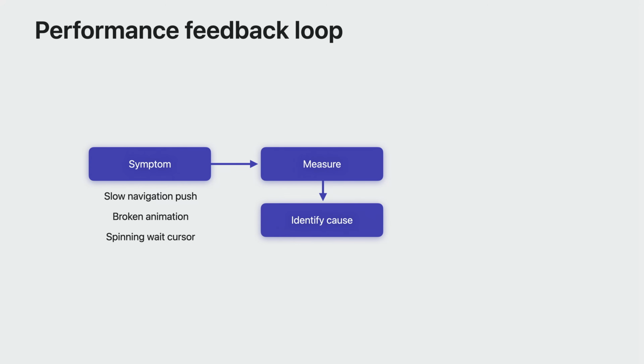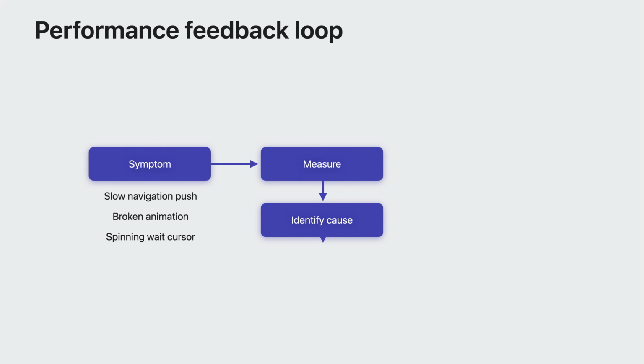This can often be one of the trickier phases of this loop, because it requires an intuition about how things are supposed to work. Bugs arise when your app has an incorrect assumption. This session is about helping you identify the mismatch between your app's assumptions and reality. After identifying the root cause, fix the issue through optimization.